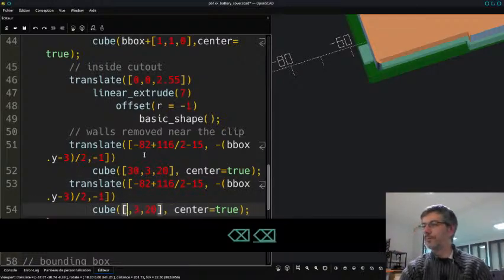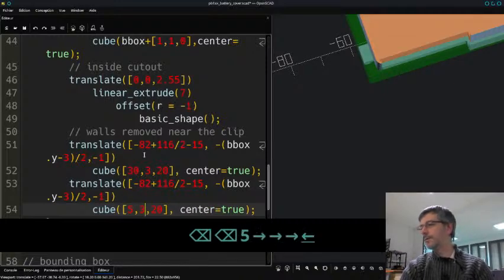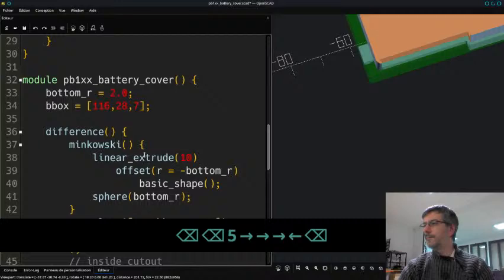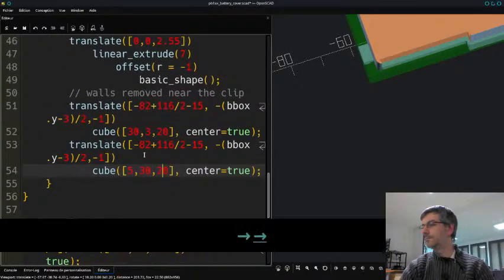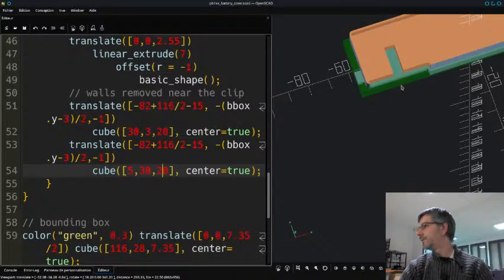So let's say 5, 30. But I need to move this to